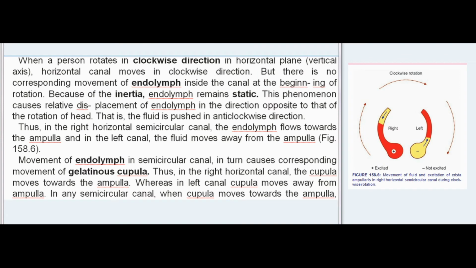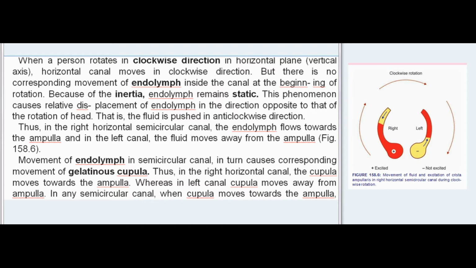When a person rotates in clockwise direction in the horizontal plane, vertical axis, the horizontal canal moves in clockwise direction. But there is no corresponding movement of endolymph inside the canal at the beginning of rotation. Because of inertia, endolymph remains static. This causes relative displacement of endolymph in the direction opposite to that of the rotation of the head. That is, the fluid is pushed in anti-clockwise direction. Thus, in the right horizontal semicircular canal, the endolymph flows towards the ampulla, and in the left canal, the fluid moves away from the ampulla, Fig